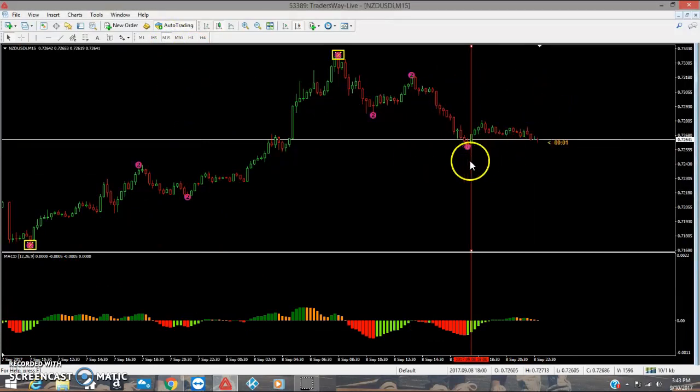So since I'm looking for a buy, I'm going to wait until this 15 minute candle looks like it's going to close green, okay? So if I'm buying, this 15 minute candle has to close green, okay? So I'll take my trade somewhere in this 15 minute candle here. And NZD USD is going to continue up. That's my prediction. NZD USD is going to continue up until it makes another pink 2 here, and then it's